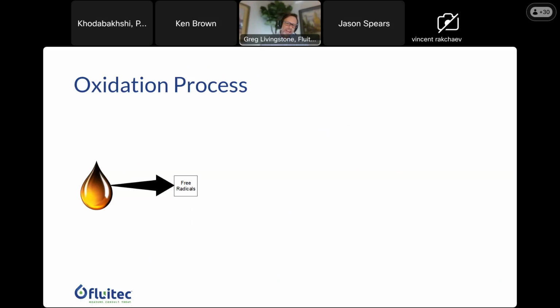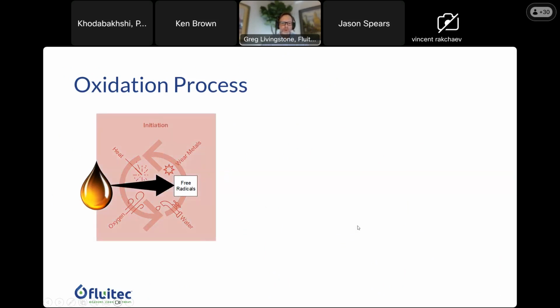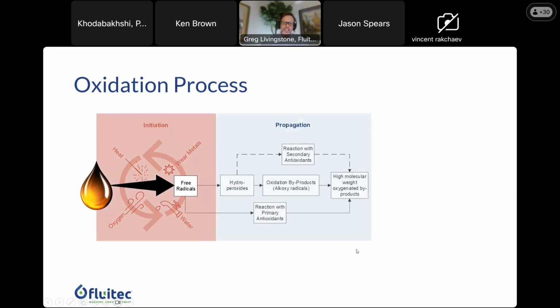Essentially, we have a reaction with oxygen that results in the loss or the addition of an electron that creates a free radical. This is catalyzed by heat and by some types of wear metals. Water can be a catalyst for further oxidation. We refer to this as the initiation phase. Then we take this free radical and react it, hopefully with antioxidants, but this radical can also go on and form other species until we get to the termination